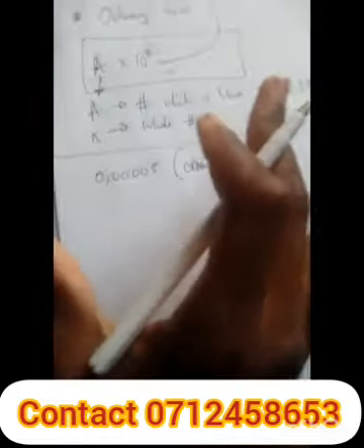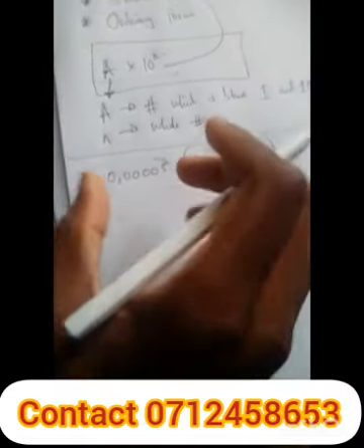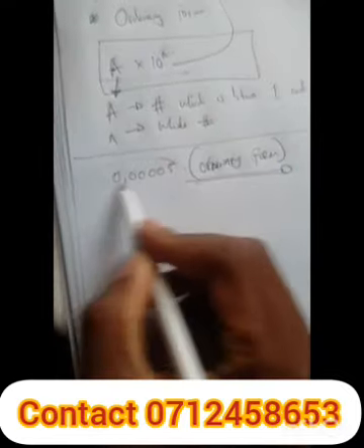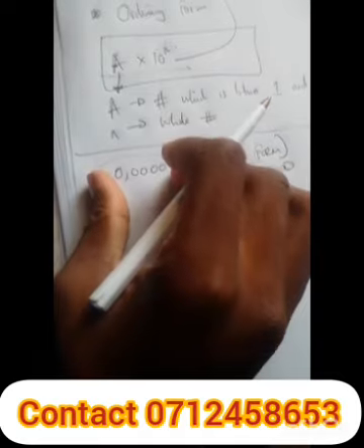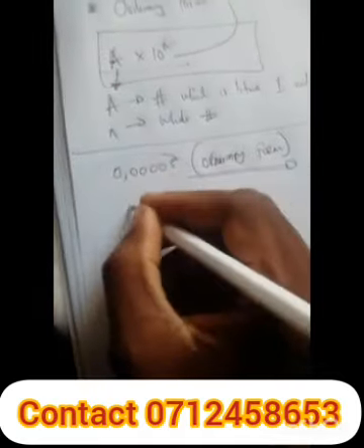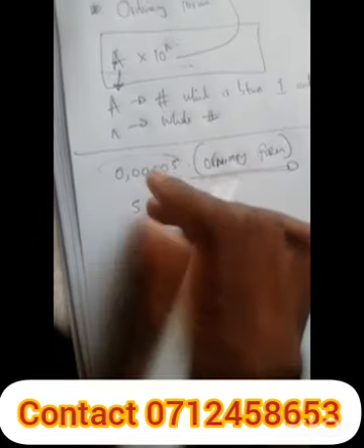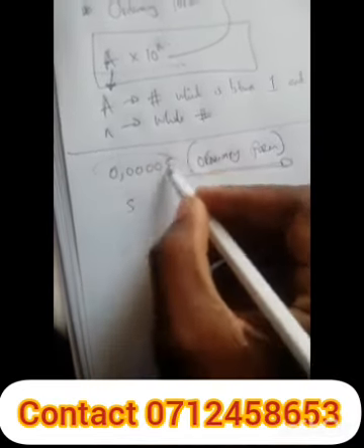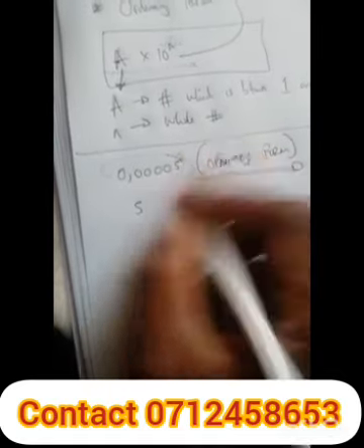So I'll show you a key concept not to be confused. What you do here, you first change this number to a proper fraction. Since this one is a decimal fraction, you change it to a proper fraction. Changing this number to a proper fraction, you have to understand the numbers after the decimal point. You take the last number,